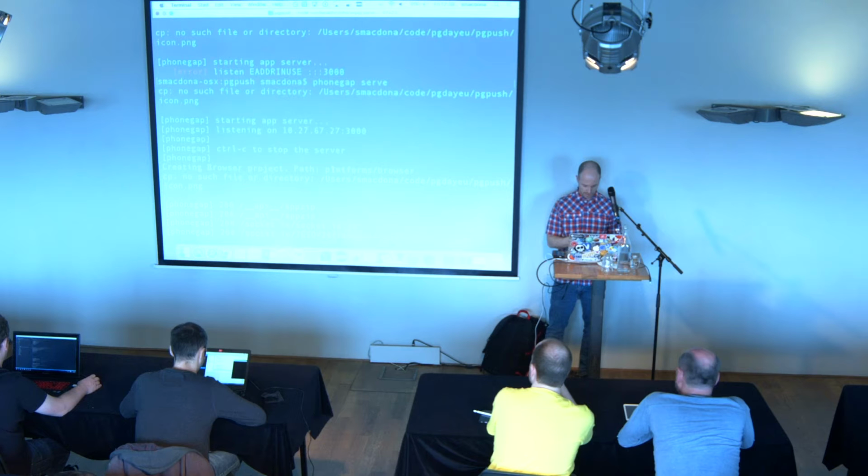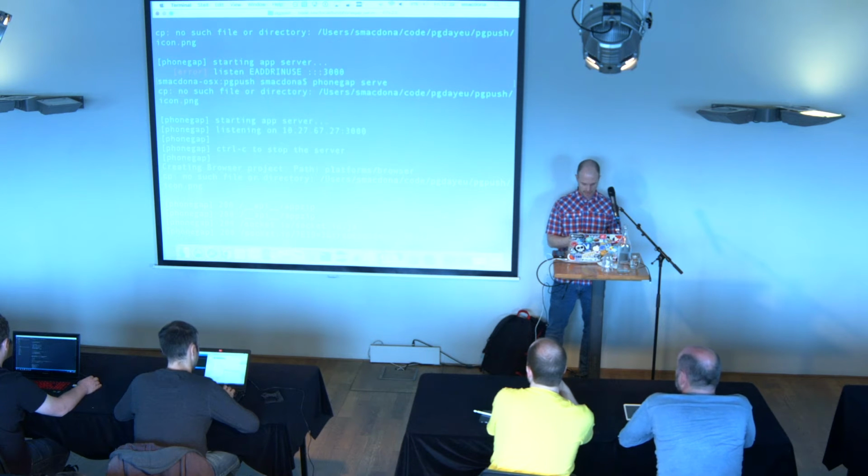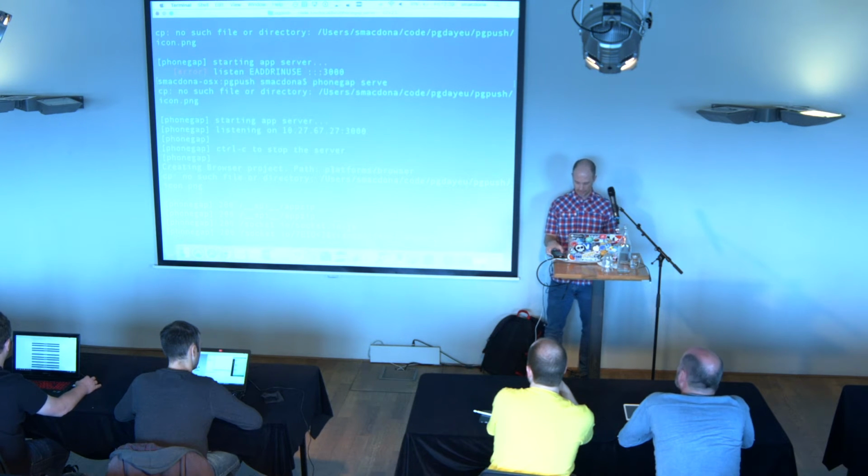One of the things that we want to work on with the PhoneGap developer app is this process right here where I'm having to type in the IP address. It's kind of a pain in the butt. We're looking at ways to auto-discover that, or perhaps switch over to using a QR code that you can scan to make life a little bit easier. All right, so now